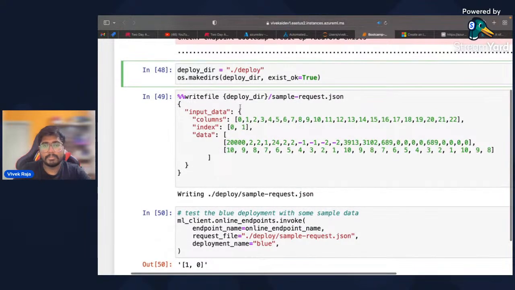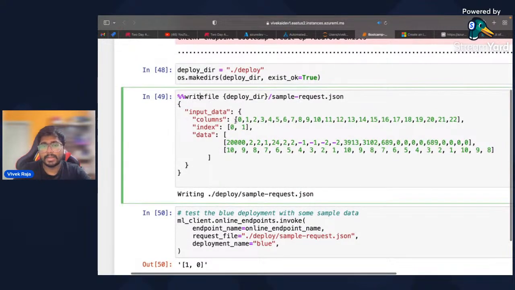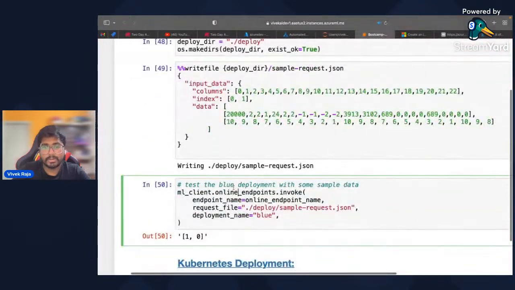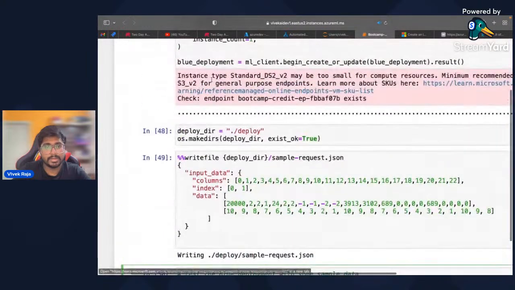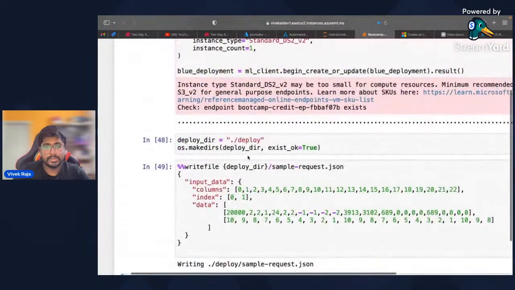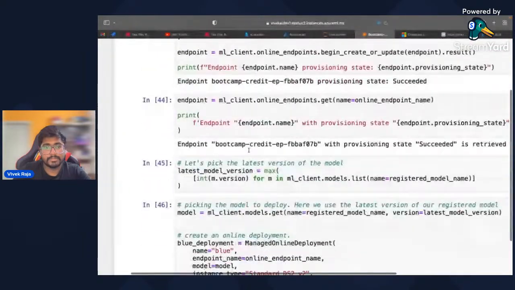I'm going to create a deploy pipeline, and this is a sample request. I'm sending some data, and we have two data points, one is this one and another is this one. We are going to check whether the person is going to pay or not. Right now, the endpoint is already deployed, so I think I can just directly run it. It should work. Okay, I just need to run the names.